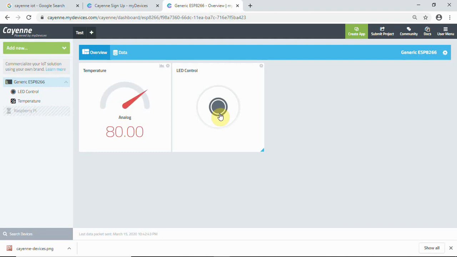Or you can monitor the status of any device, like if you want to monitor soil moisture or temperature. All those things can be seen through a gauge or whatever you want. And we have many widgets here. You can explore here.